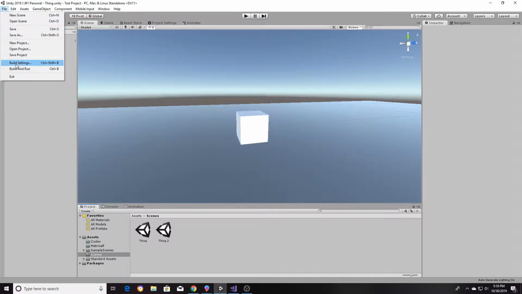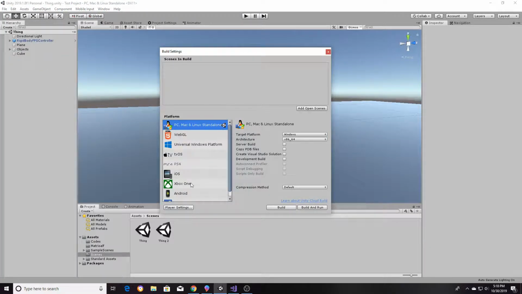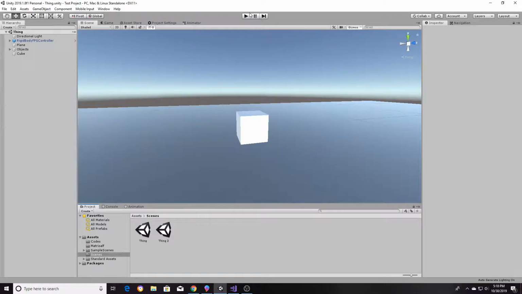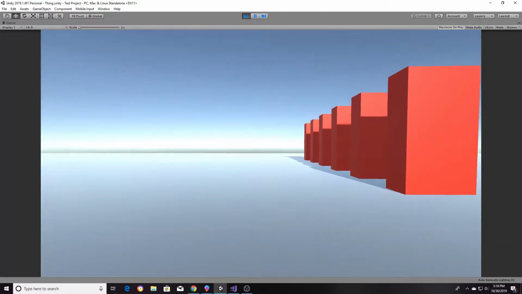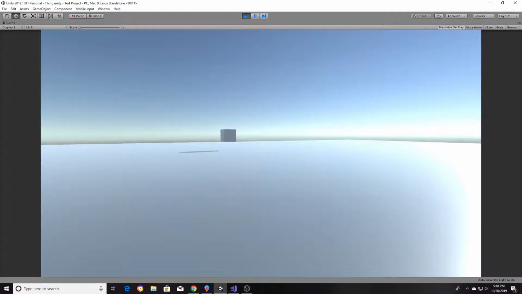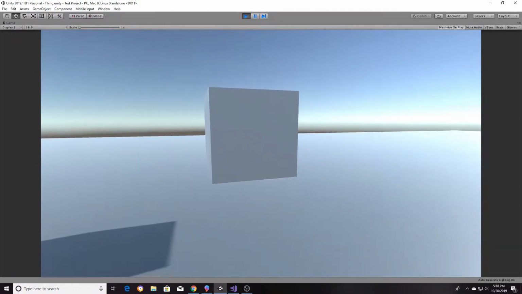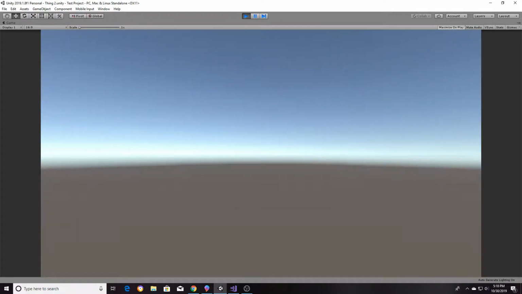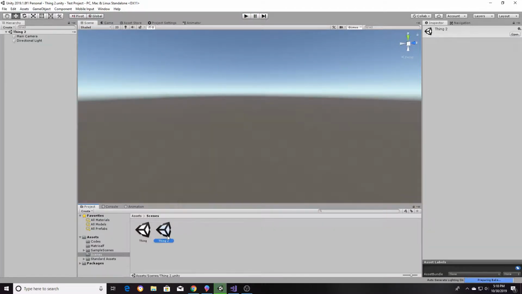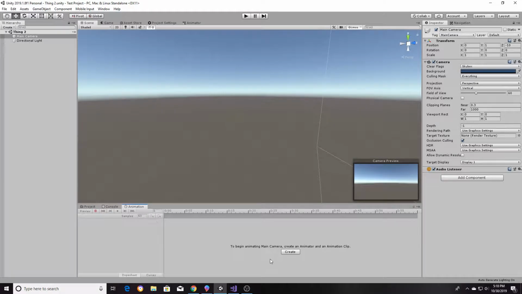Now we also have to go to build settings. If you have multiple scenes, you can drag in your first two scenes or whatever. Now when you hit play, you can walk over to that cube, and when my player collides with it, I enter it, and poof, I move to the next scene. Now to make scene 2 look more real, I guess, I'm going to create the most stupid animation